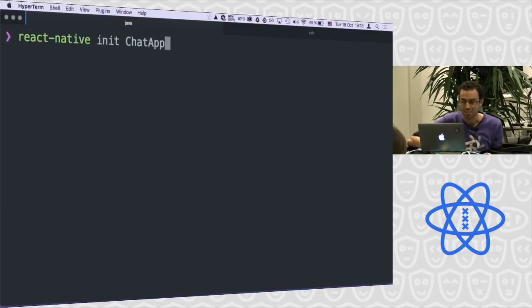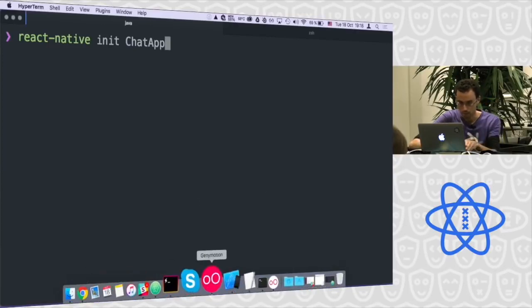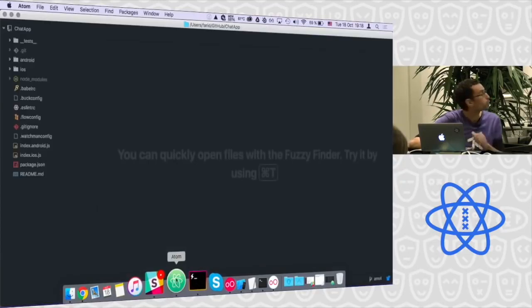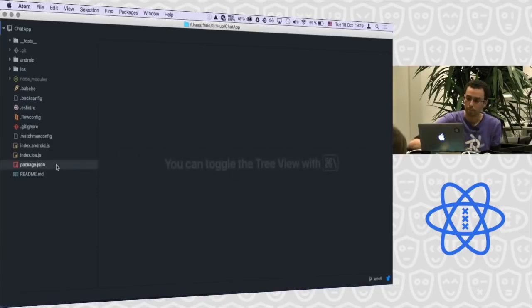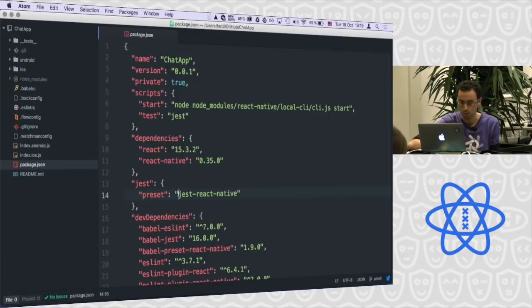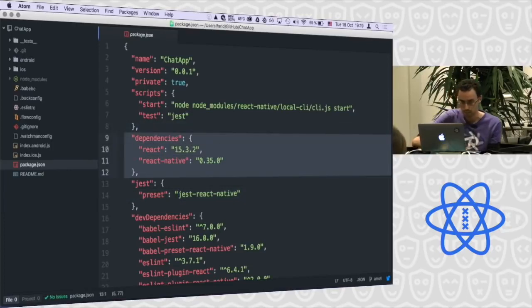Thank you. So if you do this command, it will generate for you a boilerplate of a basic application. And let's see this application. It will generate for you some files like this. First, it's an npm based project. So you have a package.json. Inside, you will have the dependencies of the project. For example, by default, it will be React and React Native. And you have also